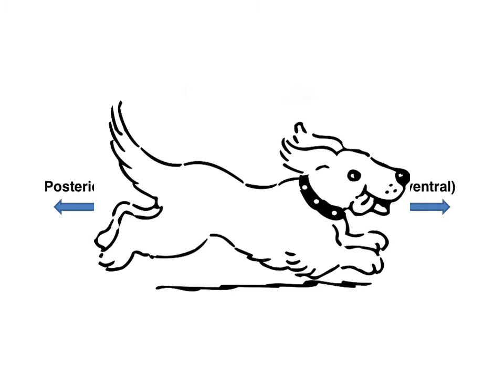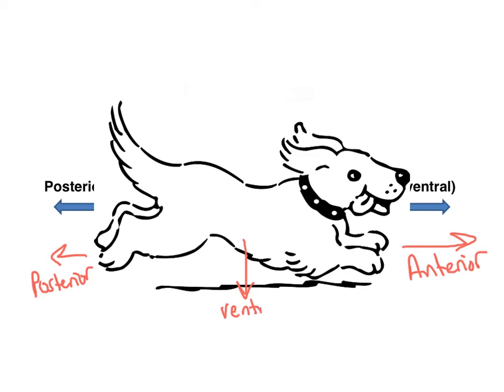In four-legged animals, anterior is the direction of movement, and posterior is away from the direction of movement. But because four-legged animals walk on all legs, the ventral direction towards the stomach is actually a downward direction, and dorsal towards the back is an upward direction. So the dorsal fin on the shark is not the posterior fin.